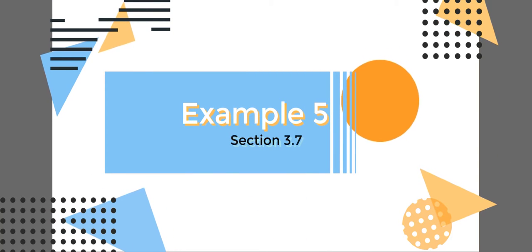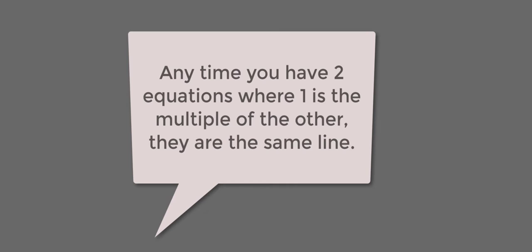All right, in example 5, we're asked to determine if each of the systems of equations has no solution, one solution, or infinitely many solutions, and if it has one solution, to find the solution. With part A, we don't even need to graph that, and if you need explanation for this, please just contact your instructor and ask. But anytime you have two equations where one is a multiple of the other, that represents